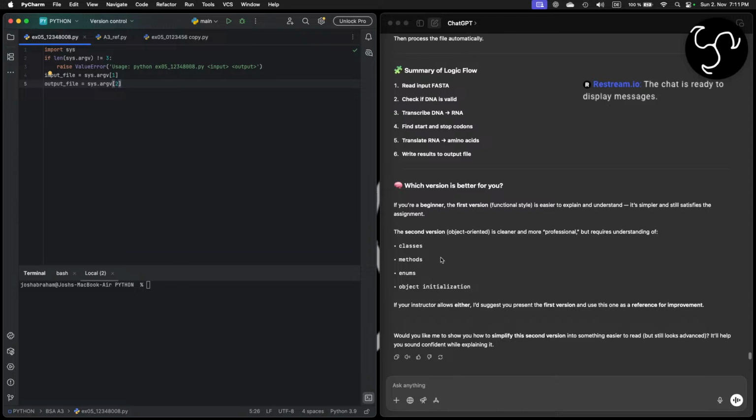It's simpler and still satisfies the task. The second version, object-oriented, is cleaner and more professional, but requires understanding of class methods, items, and object initialization. If your instructions allow either,